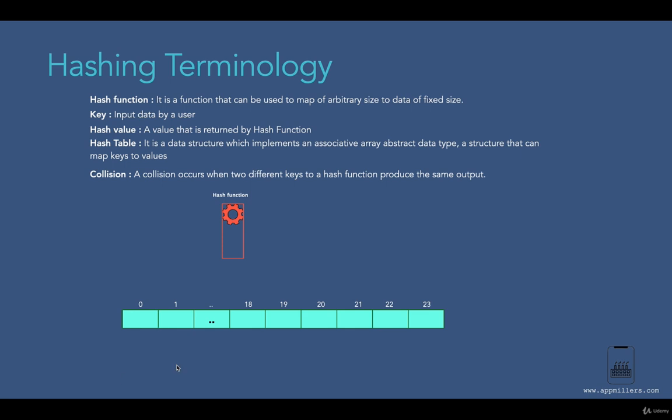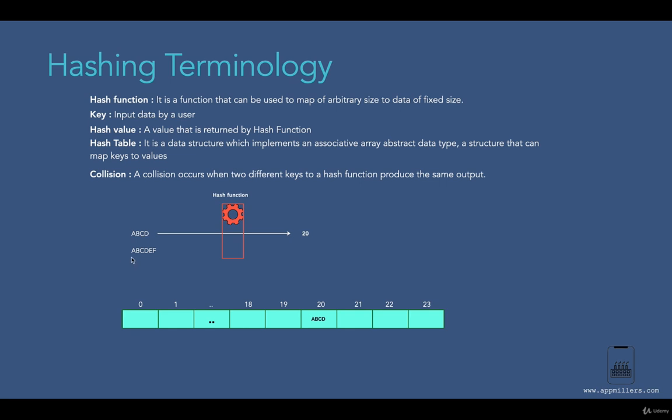Let's say we have a hash table like this and we have a hash function like this. We want to insert some string values into this hash table. Let's say the first string is ABCD. As we said before, if we want to insert a string into this hash table, we have to get the hash value. So we are going to pass ABCD to this hash function and we will get the value. In this case, you see that we are getting 20. This means that we are going to insert ABCD at index 20. After insertion, everything works fine, so we don't have any problem. Now let's continue to the next string.